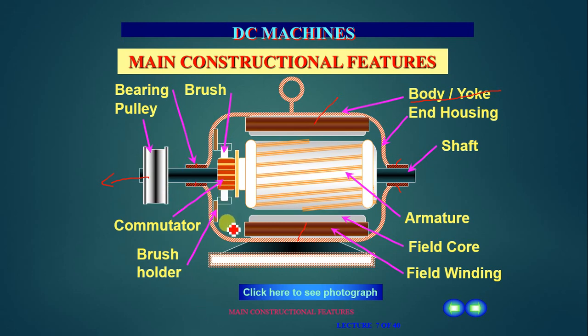On top of this armature shaft, you have commutators. These are two commutators which will convert AC to DC while rotating. Whatever AC is induced will be converted to DC by these commutators, and the collection of this DC supply is possible with the brushes. The brushes have outputs, with two wirings. From these wirings we get the positive and negative supply of the DC generated by this DC machine.